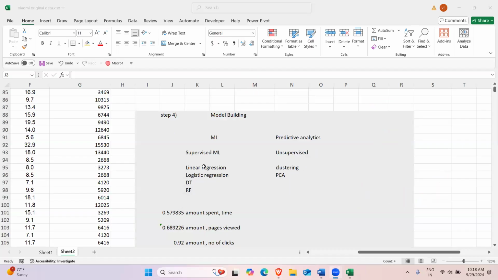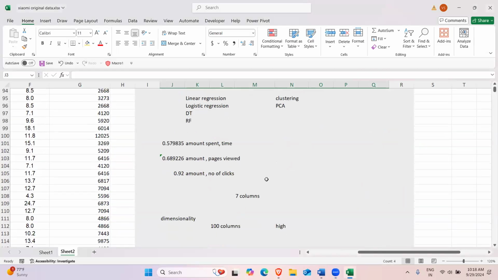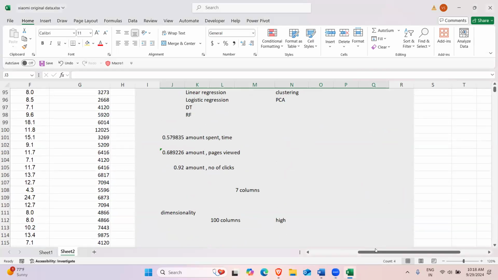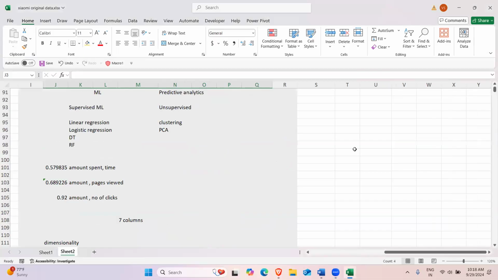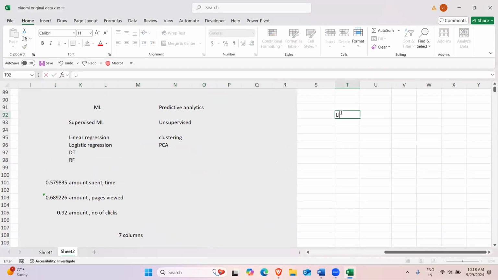So very first thing, linear regression or regression. What is regression? In regression, we can have an example like predicting amount spent in rupees,